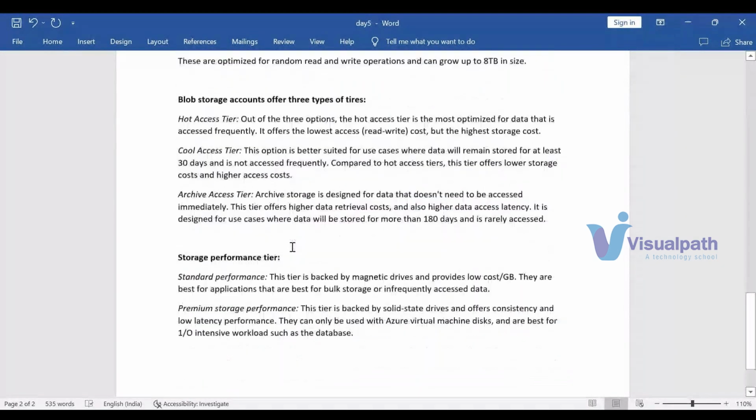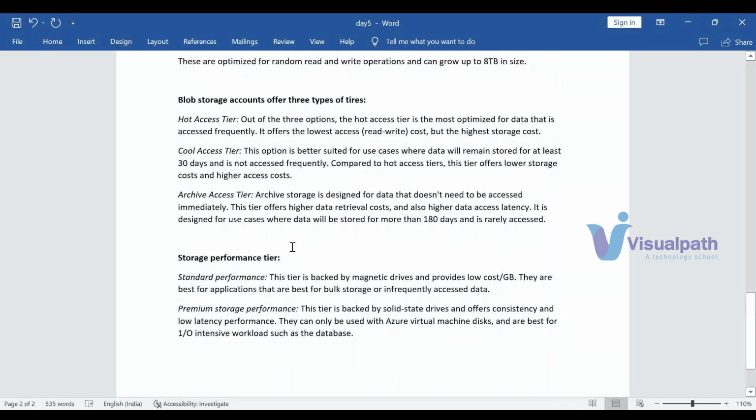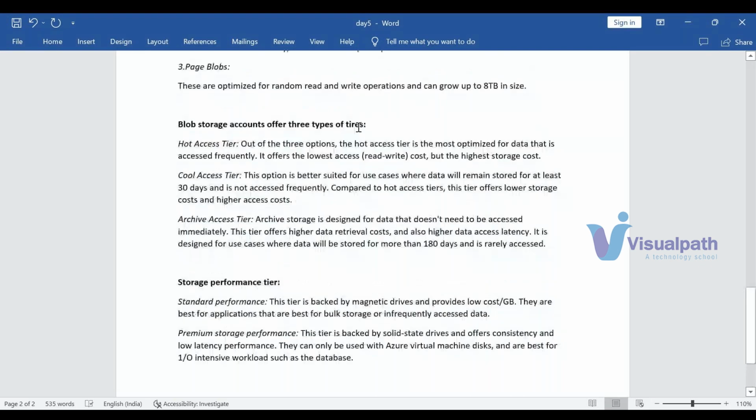Yeah. So now, let's come to what the tiers are. Someone asked me a question regarding this yesterday or the day before yesterday. A blob storage account offers three types of tiers. What are these tiers? Hot tier, cold tier, and archive tier. So if you want to access the data very frequently,